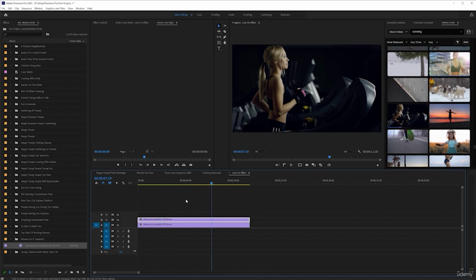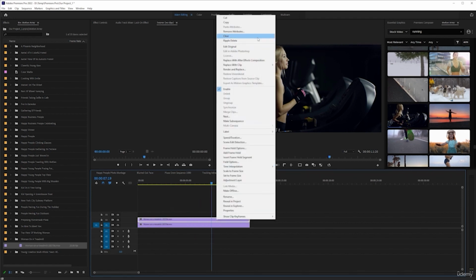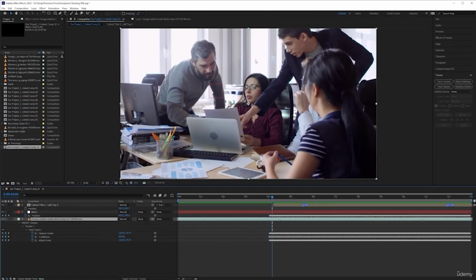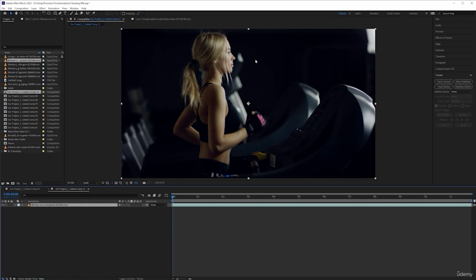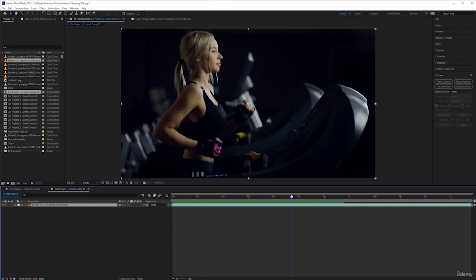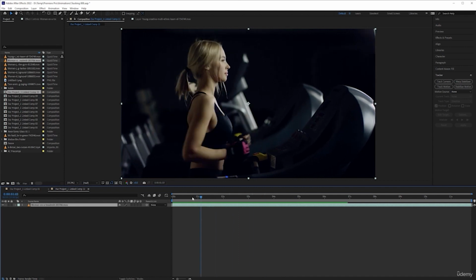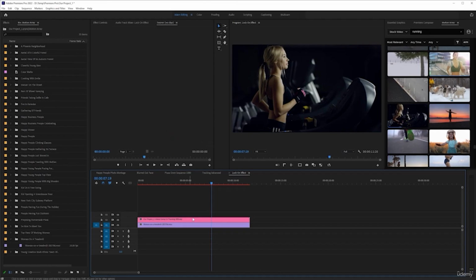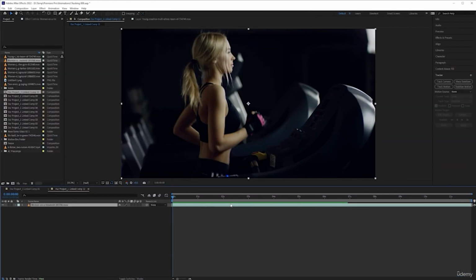So we're going to go into here and right click our top clip and replace with After Effects composition. What this does, as you've seen before, is it exports it into After Effects, creates a new composition here and places our footage in there. Now, why did I say yes to allowing for new settings in here? Well, that's because I wanted to use all of those 60 frames, because if we scrub along here now,